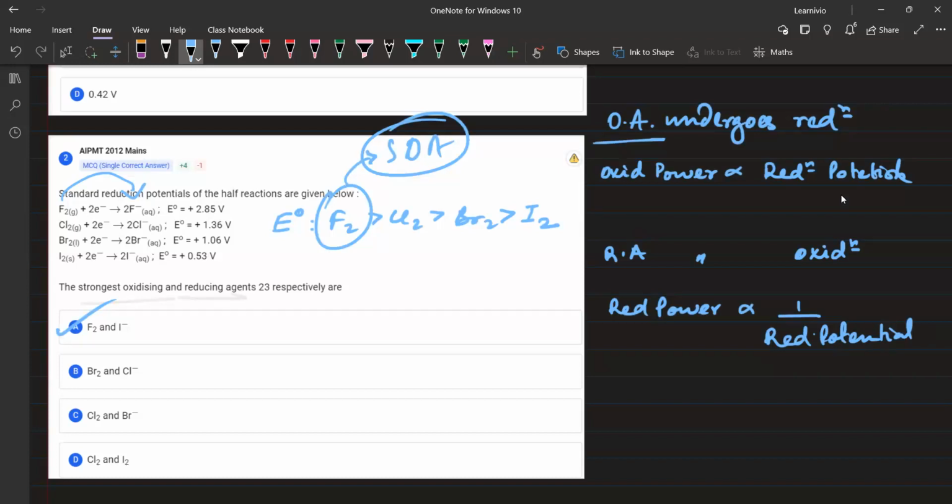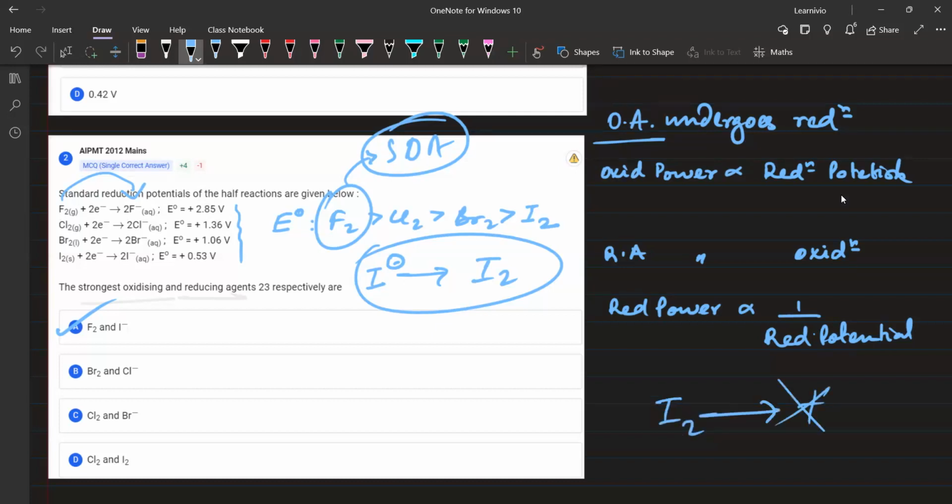So we have option में सिर्फ यही ऑप्शन है। अब यहाँ पे दूसरी चीज अगर देखेंगे आप, रिड्यूसिंग एजेंट में आई नेगेटिव दिया है, दैट मींस आई नेगेटिव विल गेट कन्वर्टेड टू आई टू इजिली। दैट मींस आई नेगेटिव का ऑक्सीडेशन आसानी से होता है in comparison to these particular elements। ठीक है, एफ टू एंड आई नेगेटिव। आई टू जो है ये फर्दर ऑक्सीडाइज नहीं होगा।